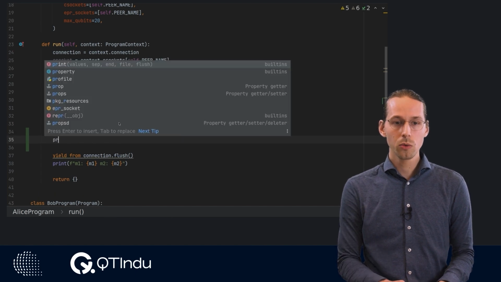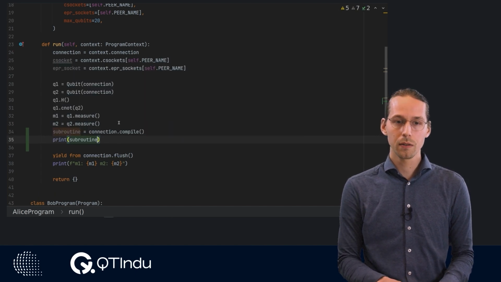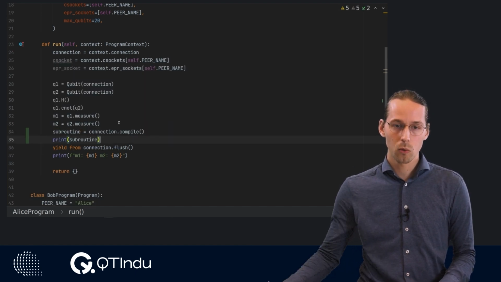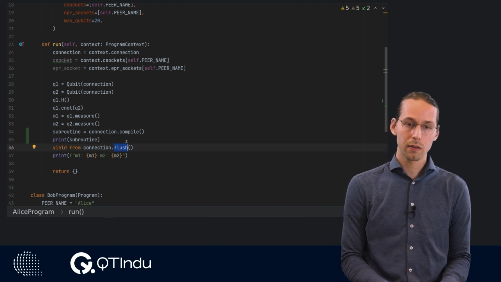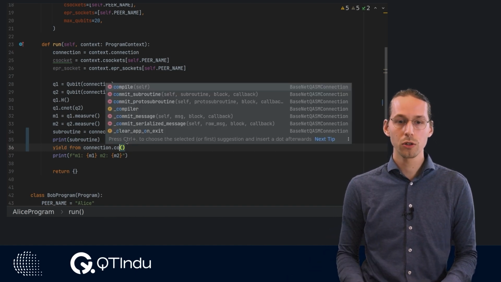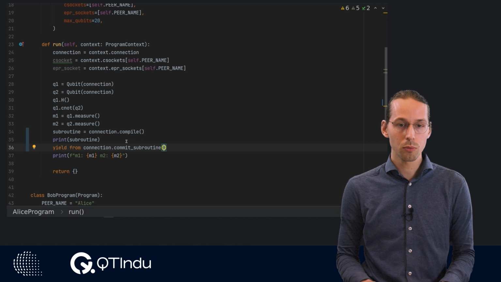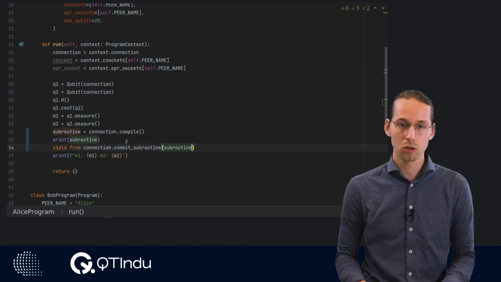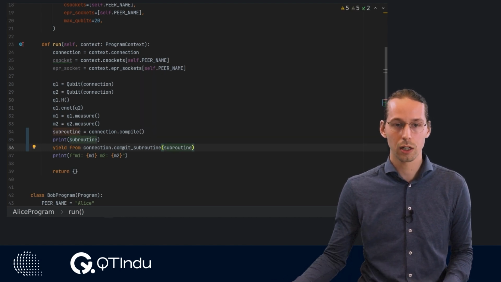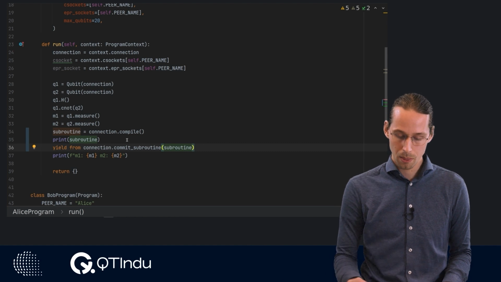We can then show you this subroutine by printing it. And lastly, we can also show you that the current code is still functional, and it's actually the subroutine that gets executed by providing the subroutine to this connection and then .commit subroutine.